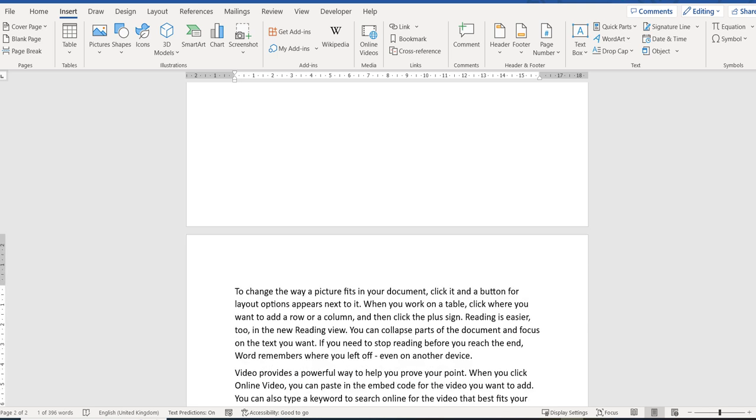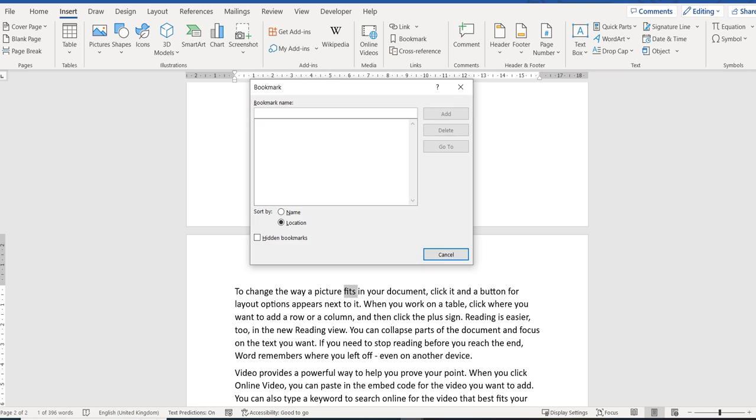You set the bookmark where you want to land, in other words where you want to go to. So I've highlighted the word fits, and again I click insert, and in my links grouping I click on bookmark, and if you hover your mouse over it, it actually tells you what the description is, how it works. And I'm going to type